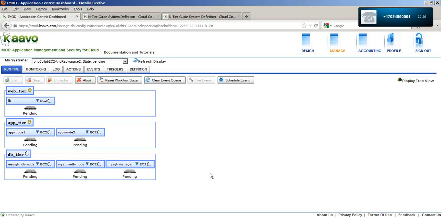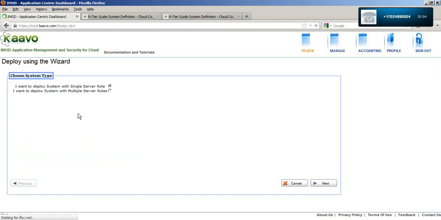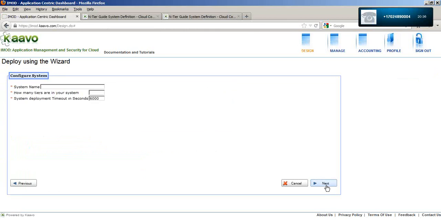Now I will briefly go over how an ISV can create such a template. For that, I have to use the wizard for creating a system which is on the design page. Let me create a two-tier system.